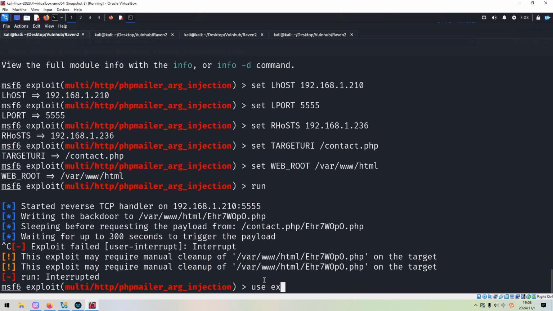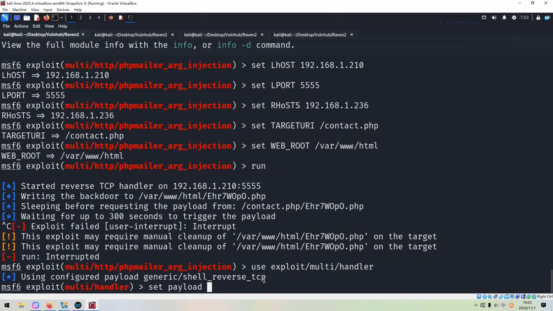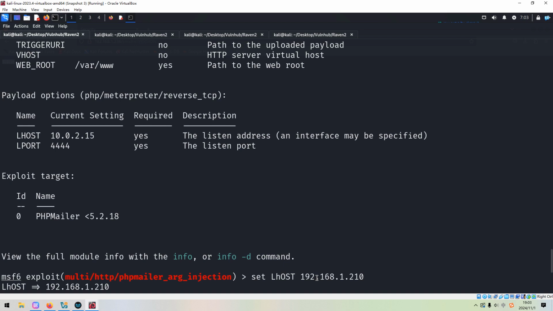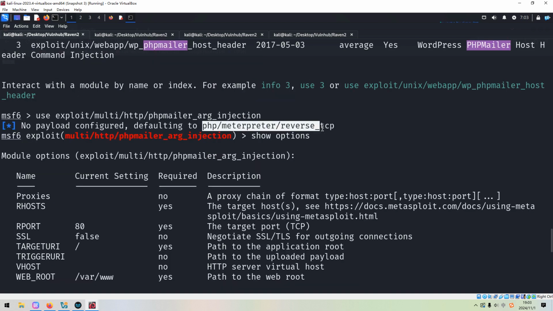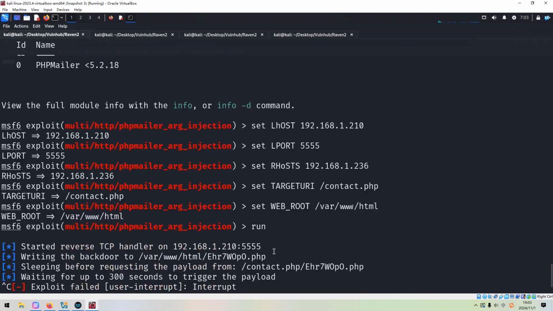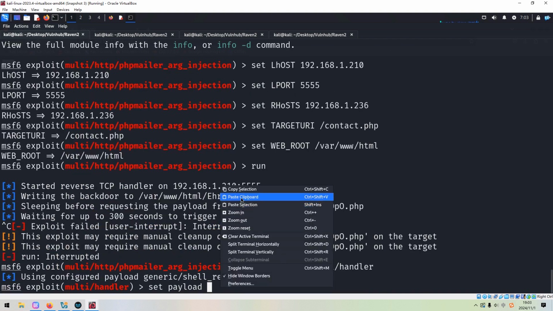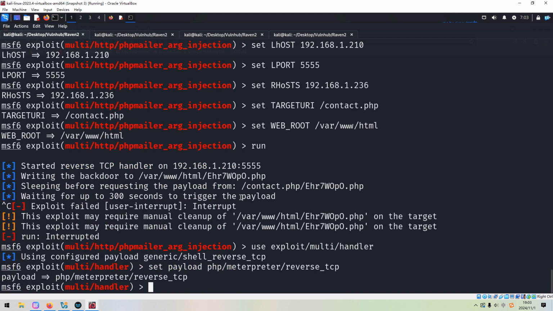We can set up the handler, multi-handler, and we can set the payload to this one. We can use the same payload. Yeah, this one. And then we can set local host to our, maybe we need to show options.